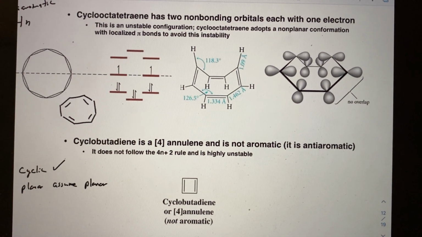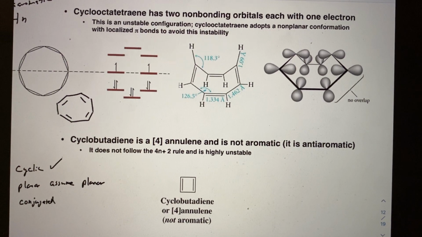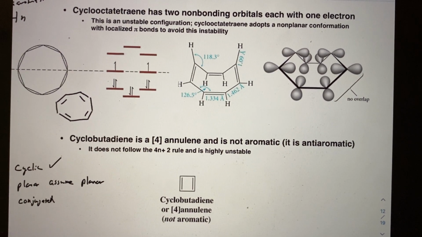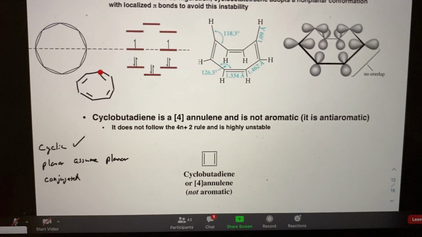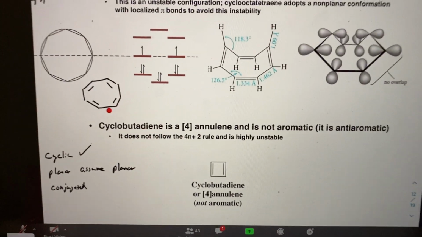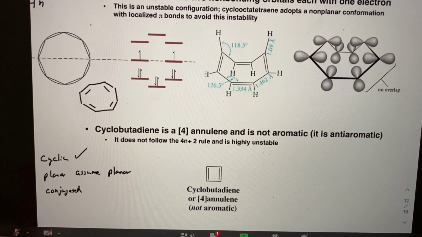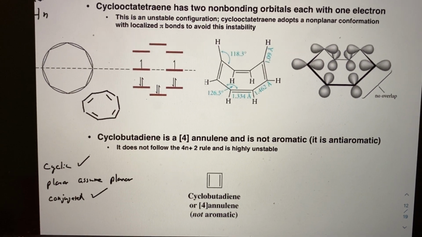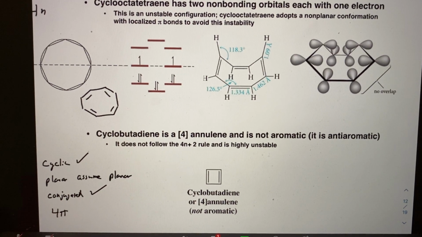And then, is it conjugated? Here, that's what that scribble is there. So we need to have a continuous system of p orbitals. And so here, each of these carbons, they are all sp2 hybridized. We don't have to worry about oxygen, nitrogen, and sulfur now. So this would make it look like it's conjugated. This one's also wrong, but we'll come back to that in a second. And then we want to ask, does it meet the 4n+2